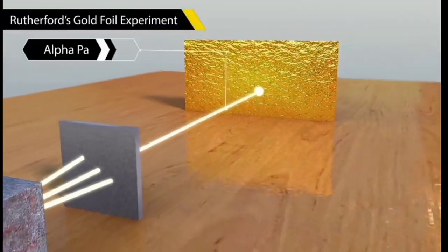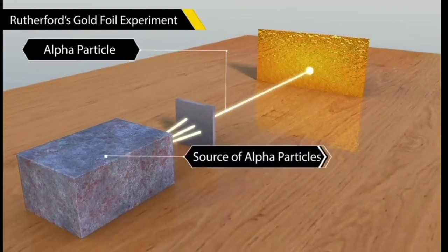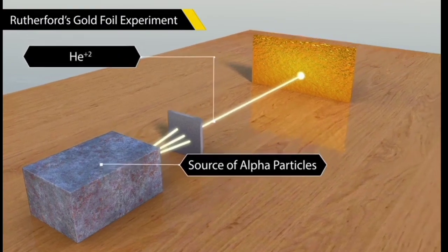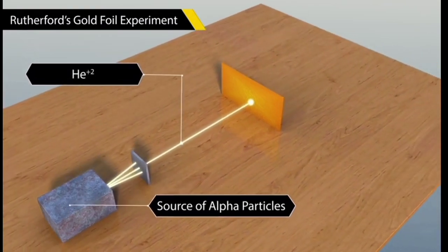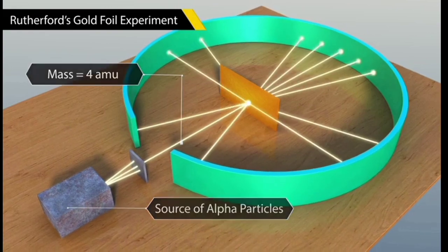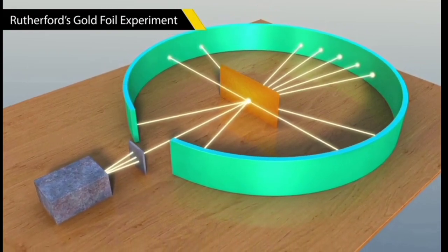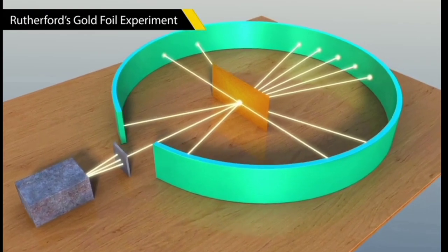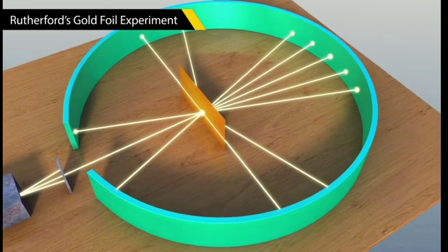He made a narrow beam of alpha particles fall on the gold foil. Alpha particles are doubly charged helium ions and have a mass of 4 atomic mass units. The result of the experiment was unexpected, as it did not follow the structure of an atom as known to